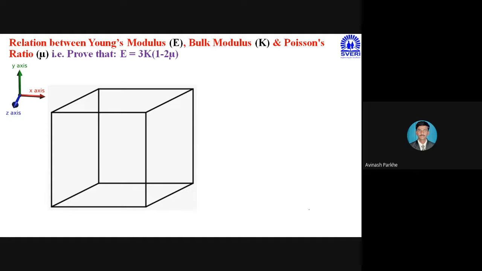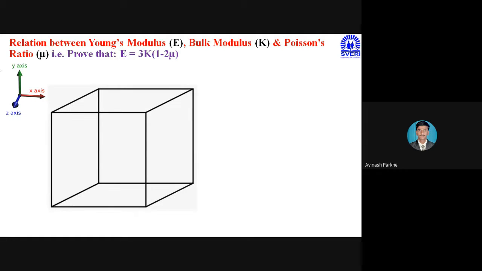Whatever these 3 elastic constants are, they have some relations. That is the relation between E and K. Mu is the constant parameter, and mu is applicable for all. The relation between E, K, and mu. Then the relation between E, G, and mu. Then the last relation we have to derive is the relation between all the 3 elastic constants, that means the relation between E, G, and K. So that relation first of all we have to derive, and then we have to solve the numericals based on this. So the first relation is in front of you.